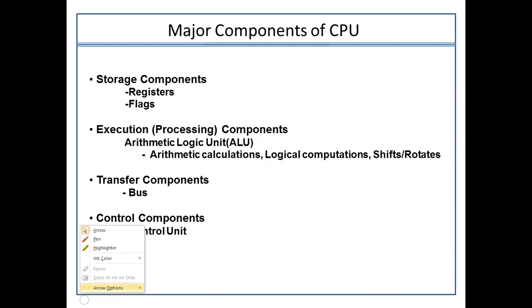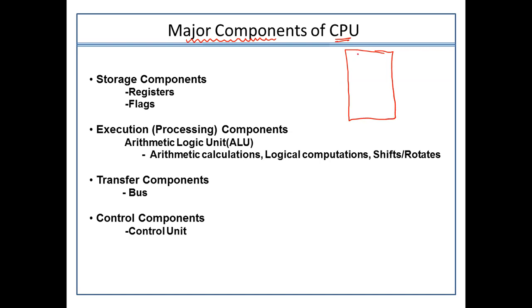So the very first topic under the central processing unit is the major components. As we have started learning about the functionality and the major components of the central processing unit, first of all, let's discuss what exactly a central processing unit is and how it functions. If I have to design the block diagram of the central processing unit, it is centrally processing the entire execution of the computing machine, right?